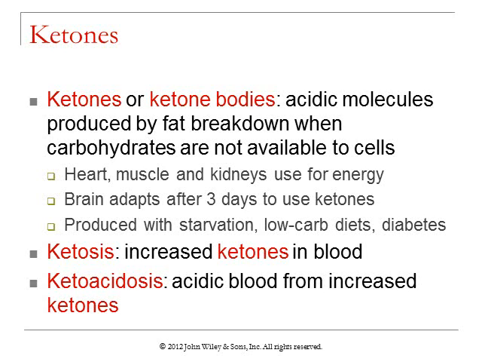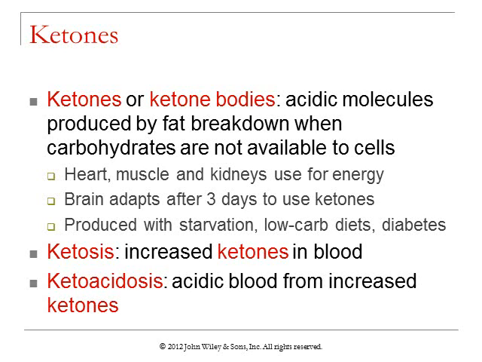So here we can see a breakdown of what these are. Your ketones, or ketone bodies, are acidic molecules, and so we can use those for energy. Your brain doesn't like to use ketones. It prefers to use glucose as its primary energy source,